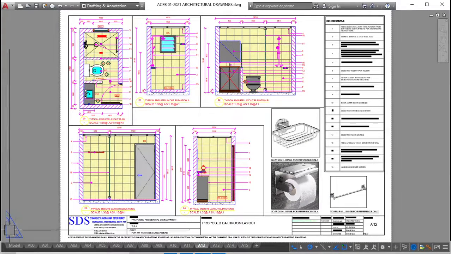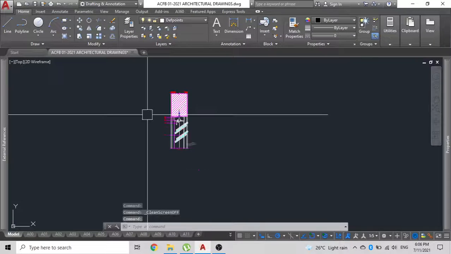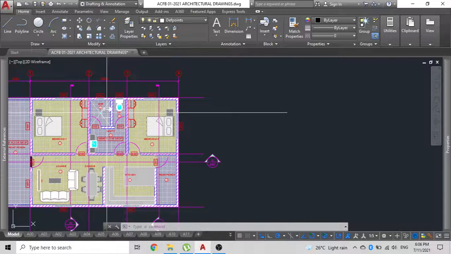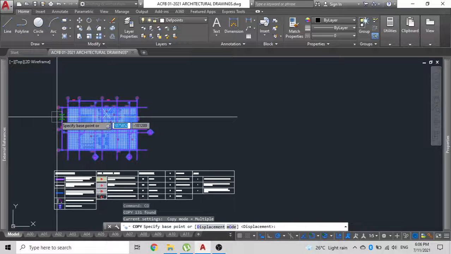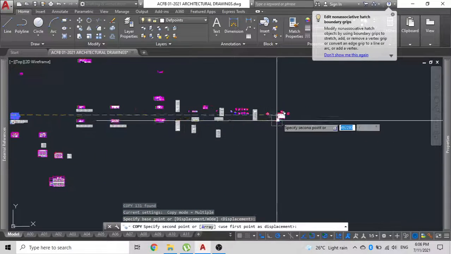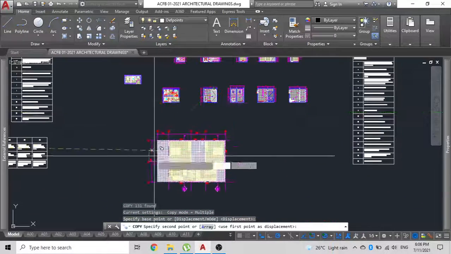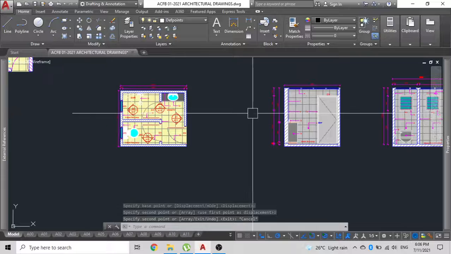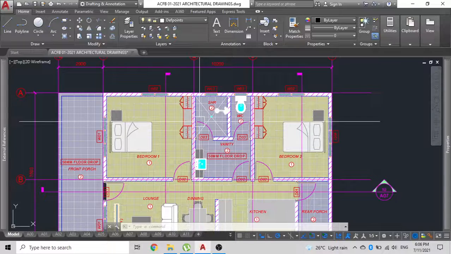So let's begin. The first thing you should do is go back to model, and from your floor plan just copy your entire floor plan, and bring it to a place where you will be setting up your washroom elevations. In this case I'm going to just leave it down here. I already have drawn everything that is required in the standard toilet and bathroom elevations, but I'll go through some of the basics to explain how I've done this.